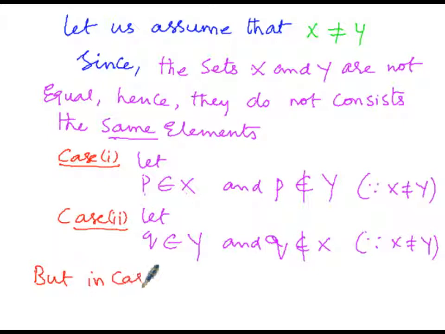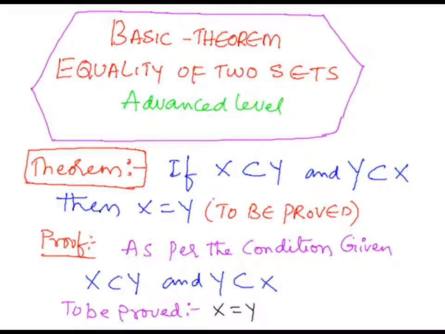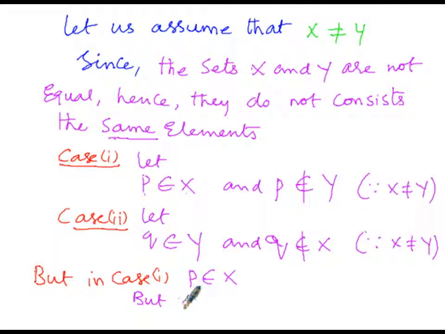In case number 1, we have assumed P is an element which belongs to X. But in the first case, X is a subset of Y. So here it is given that X is a subset of Y and Y is a subset of X. There are two cases here. So I am going to use this condition now. In the first case, X is a subset of Y, then that implies,